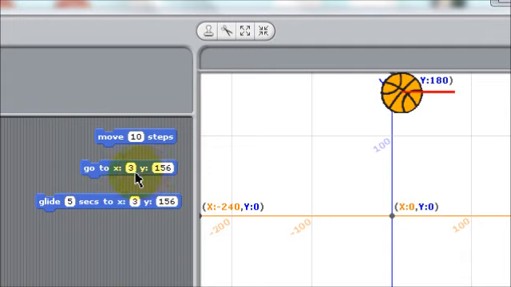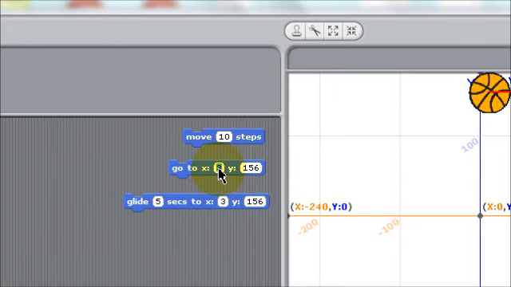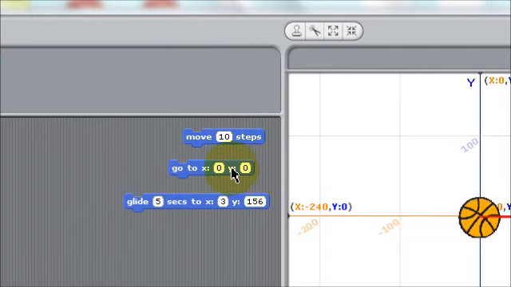And the go to x3 y156, that will go to the actual address that you type in there. So I could put 0 and a 0, and if I click on this command, you'll notice the ball moves to the center position. And the glide command here, I changed this to 5 seconds, but you can change it